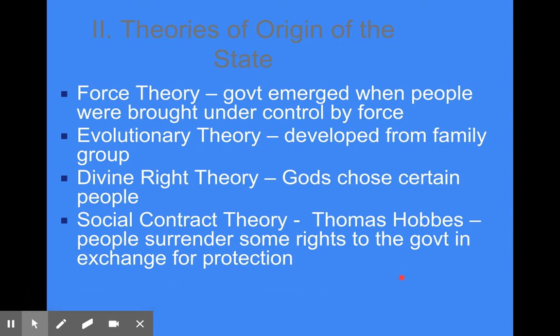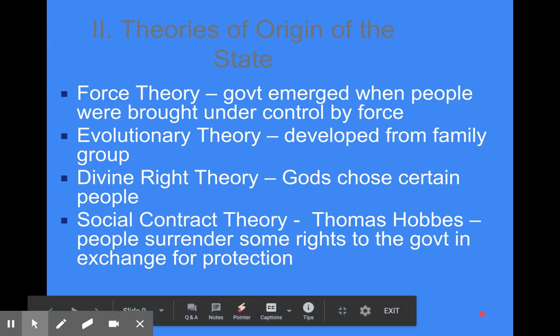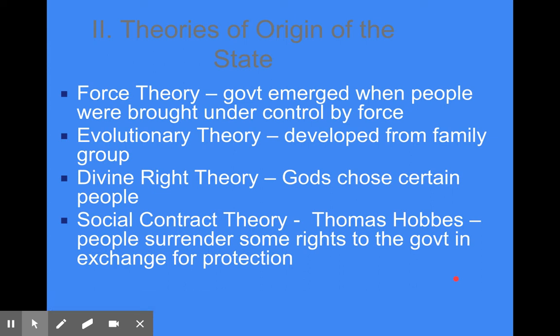You would have learned this stuff in probably both U.S. and world history, during the Enlightenment and things like that. So you might remember Thomas Hobbes. Thomas Hobbes had a theory about the social contract. The contract was, hey, we're going to give up some of our rights. We're going to give up some money. We're going to pay you some taxes. And in exchange, we're going to get protected. We're going to get law and order. We're going to get